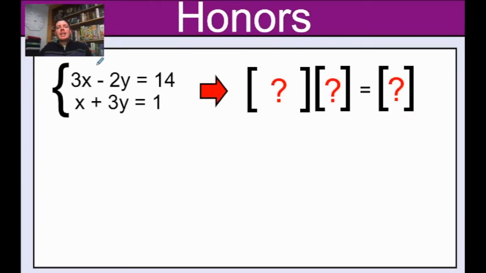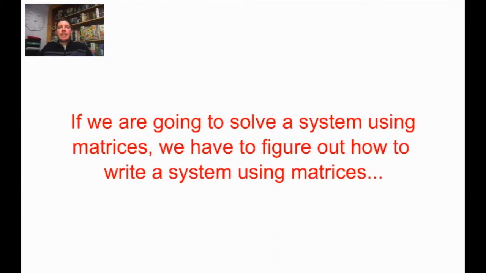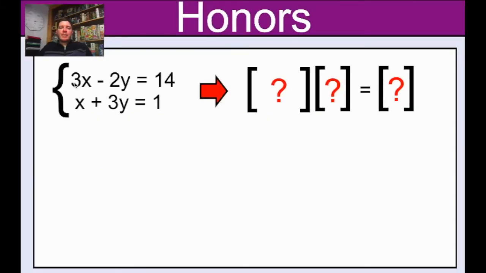So I just want you to think, maybe pause the video and think, if I was to convert this system of equations into an equation of matrices, what would it be like? And think about this one as our sample, only we're going to go backwards this time. So this was x plus 2y, 3x plus 4y, and up here we had 1, 2, 3, 4 times x, y. Okay, so on this example we have 3x